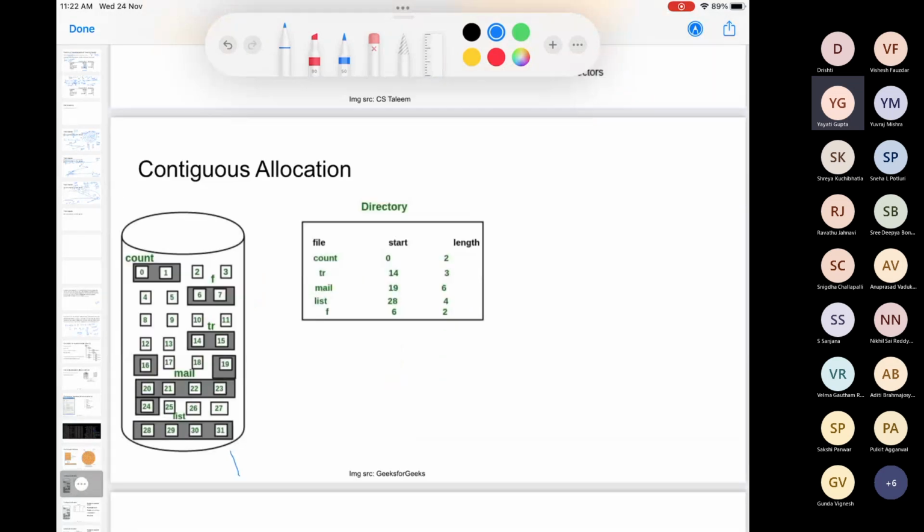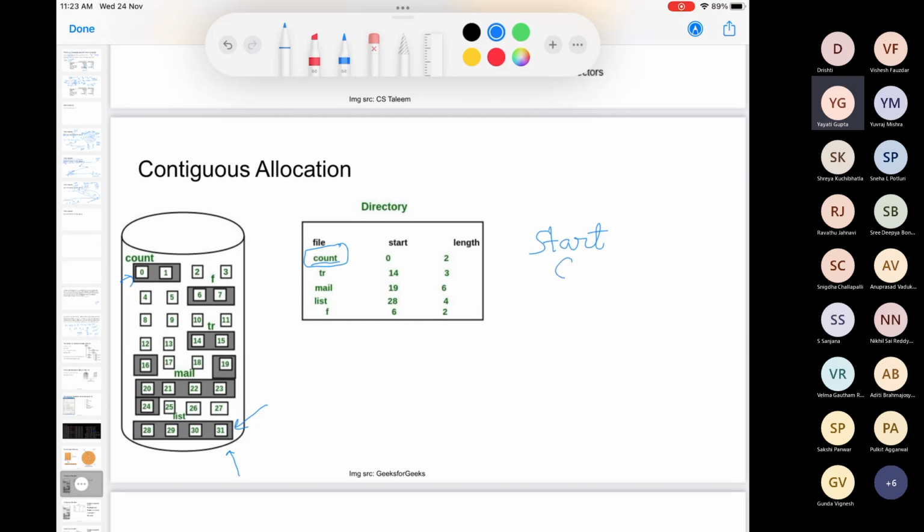For the meantime, we are assuming our hard disk to be something like this. We are just writing all the sectors here. Assume that overall there are 31 sectors, so your 0th sector to 31st sector, and every sector can hold one block of your file. So let's say this is a file, the name is count. For each file, you note the starting sector.